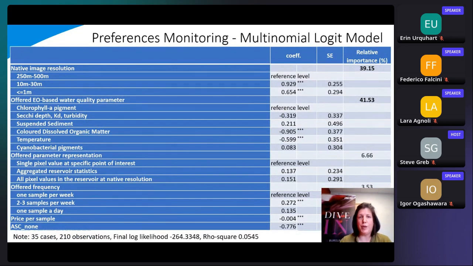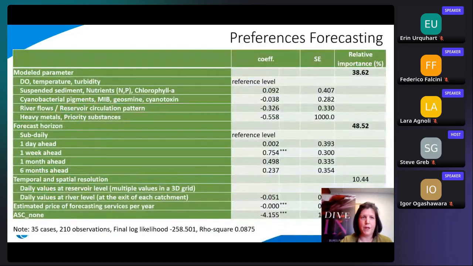When analyzing hypothetical choices of monitoring services by end users, the monitored parameters and the resolution drive end-user choices and are much more important than the offered representation, the frequency, and the price. When we analyze instead the hypothetical choices of forecasting services by end users, the forecast horizon and again the monitored parameters drive the choice. And they are much more important than the temporal and spatial resolution and the price of